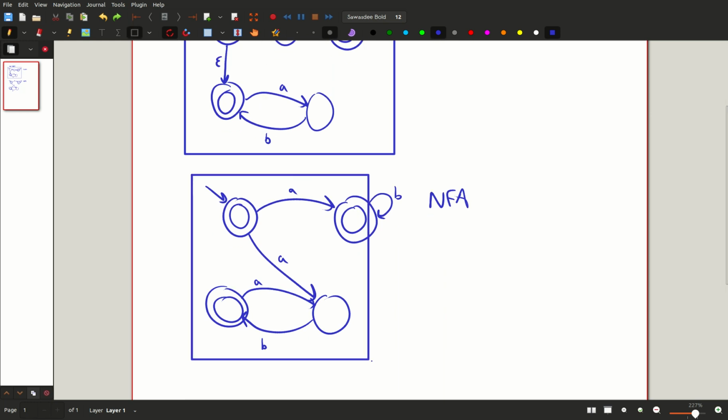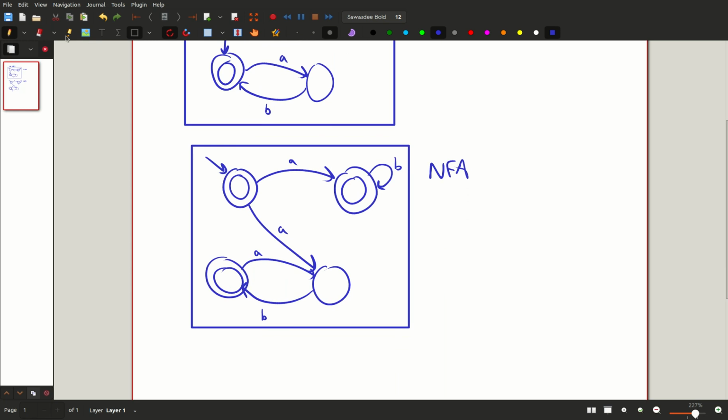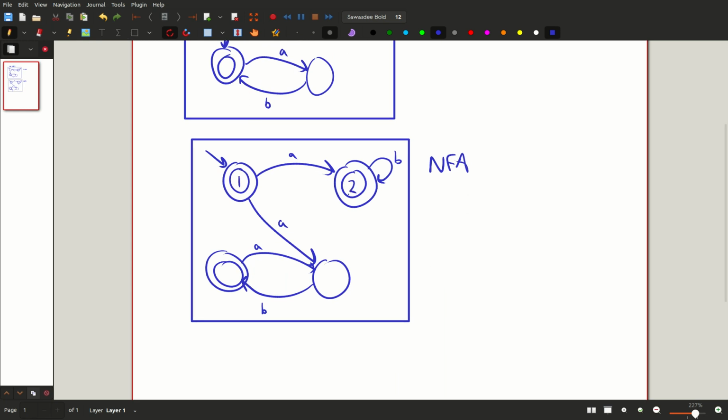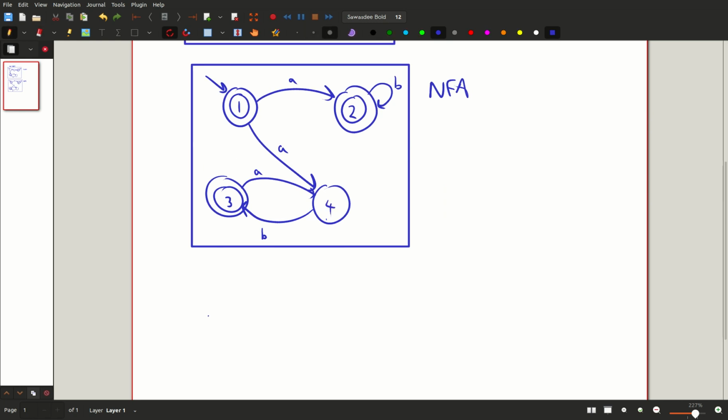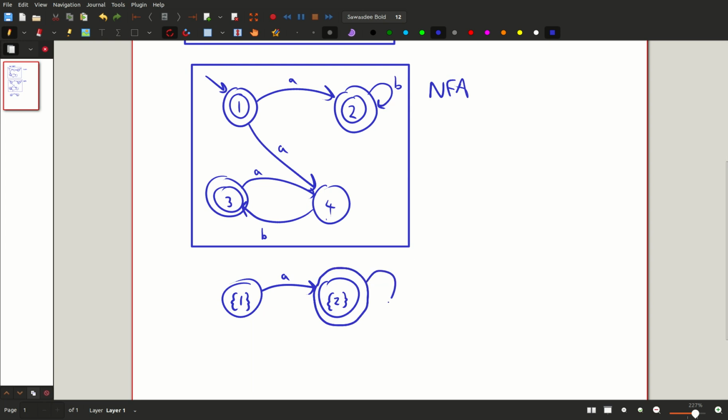And then we just need to determinize it. So if we give all the states a number, then our initial state is just 1. So we can start at the set of states, which is just 1. Reading in an A from 1, we can go to 2, or the new set of states, which is just a 2. This would be an accept state because 2 is an accept state. And then from here, if we read in a B, or actually, so yeah, A can either take us to 2, but we can also read in an A and go to 4. So this would actually be a set of,